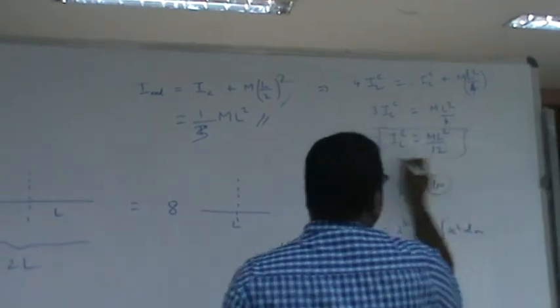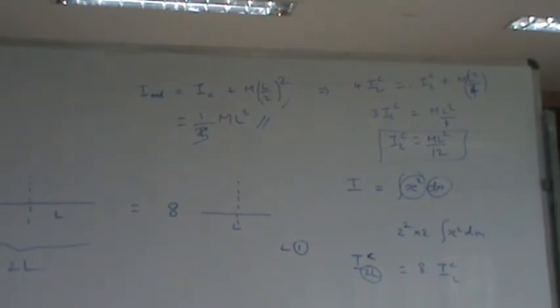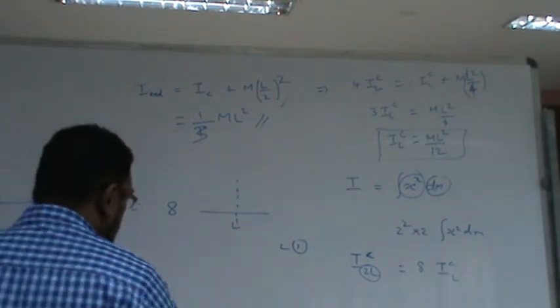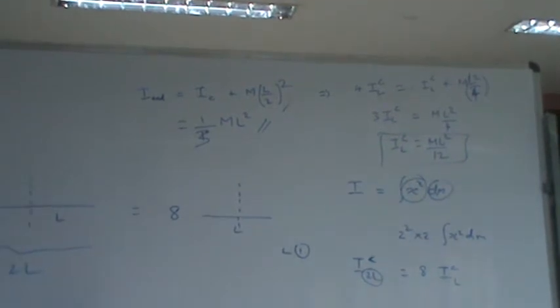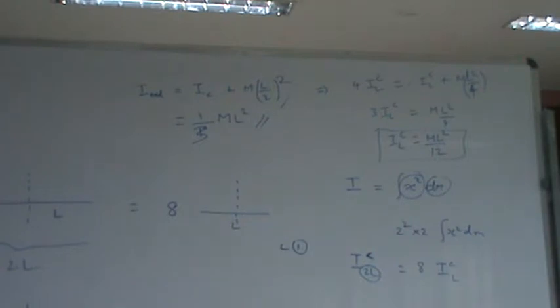I didn't do any integration; just by drawing the figure I can compute. This is called a quick way of calculating the moment of inertia. See, this is total 2L, so half of this gives the moment of inertia about the center only. So the half of this is 2 times of this. Just by drawing the pictures one can compute. I will do only for this. Other problems like triangles, all those things you can read in textbooks. So I am just motivating you.